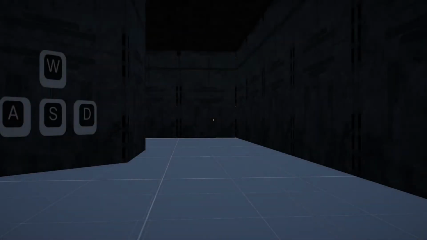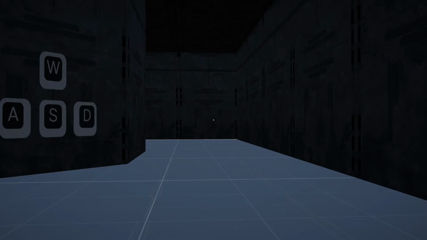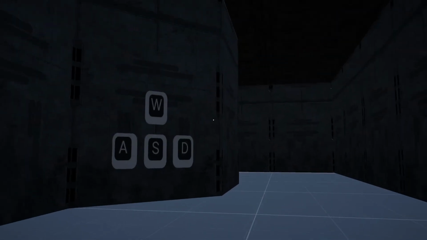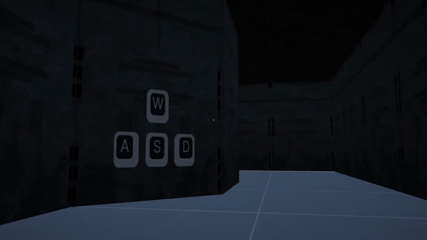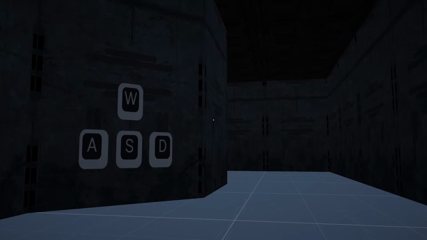Loading into level 1, we're immediately greeted with the warehouse aesthetic. On the left hand side, we can see W, A, and D keys integrated into the texture of the level. This is to indicate to the player to try these keys out without explicitly telling them what they do. If the player tries them out, we can see it's the basic movement for left, right, forward, and